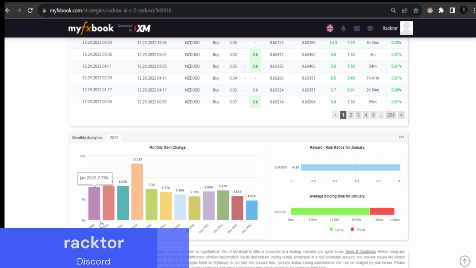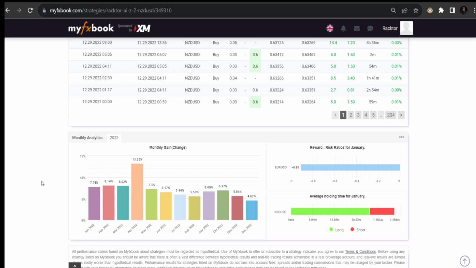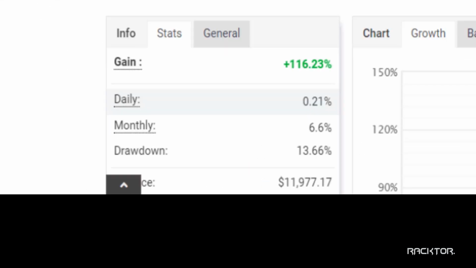And every month, if you want to withdraw, you can also withdraw your return. And of course, we encourage that you make withdrawals whenever you want to, so you can always withdraw your amount. However, do not touch the starting capital. Why? Because Racktor will only trade with a memory of your initial capital deposit. So there's nobody going around looking to see if you have made withdrawals or this and that. No, it only trades that capital and trades at that volume. So if you withdraw your capital, then you're putting your account at risk. Okay. So that is that for Z2